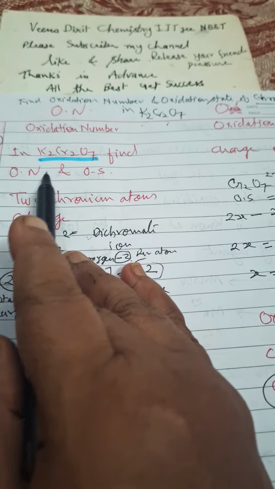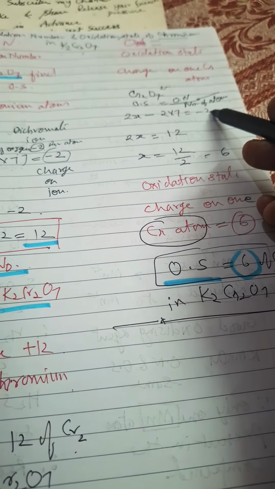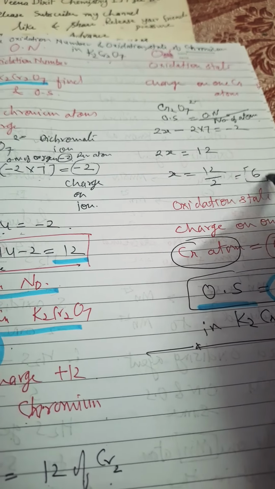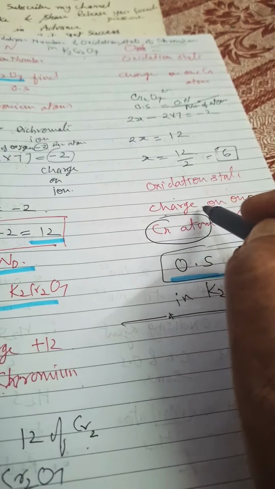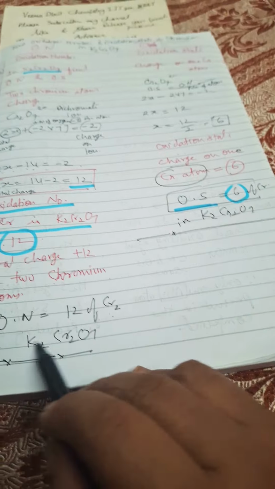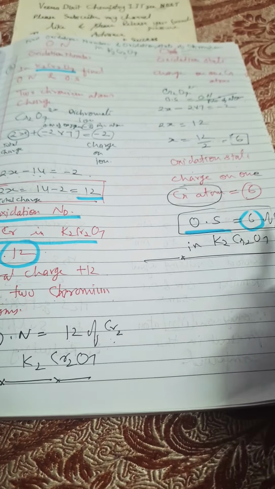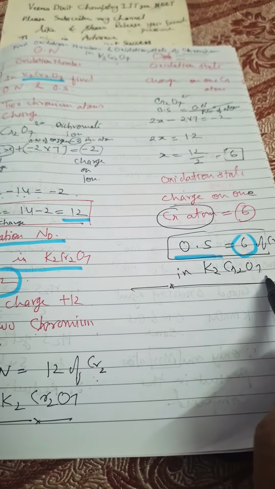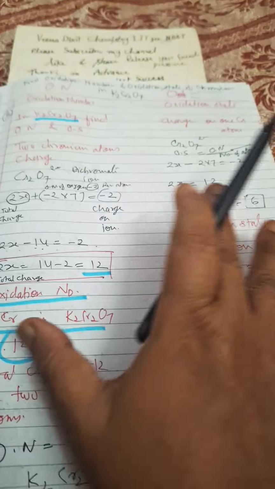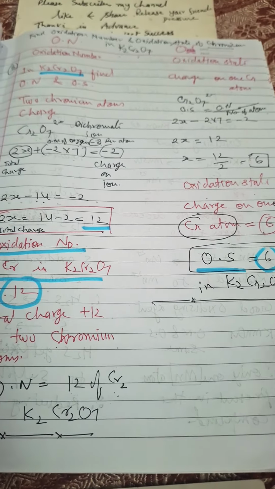How many chromium are present in K2Cr2O7? 2. Okay, 2 chromium present. So here what we will do, 12 divided by 2, so it will be 6. So the oxidation state of chromium will be 6, and the charge on this will be 12. Okay, because both chromium we are considering. So oxidation number 12, oxidation state plus 6 in case of K2Cr2O7. I think this is clear to you. I took especially these examples because it will come further in the ionic balancing.